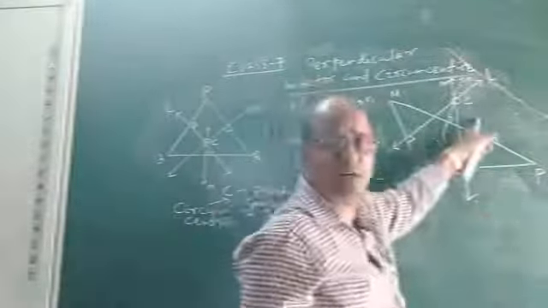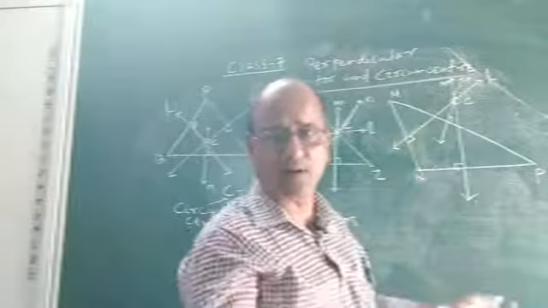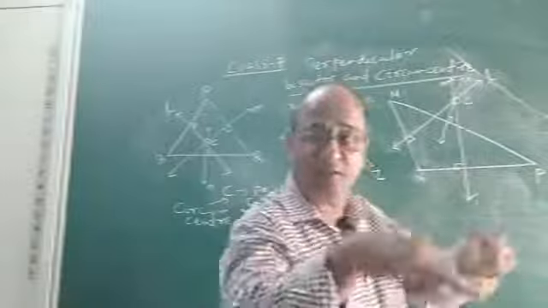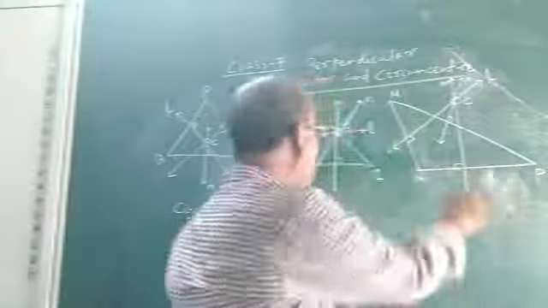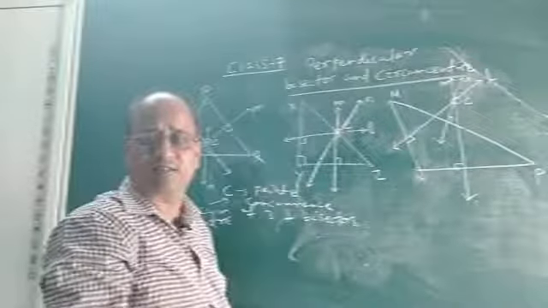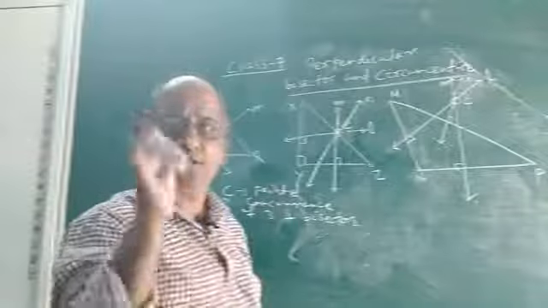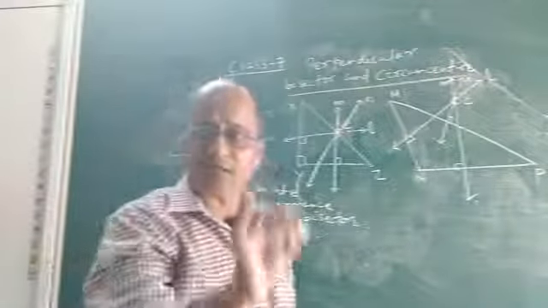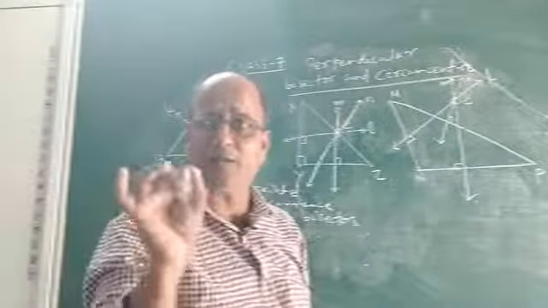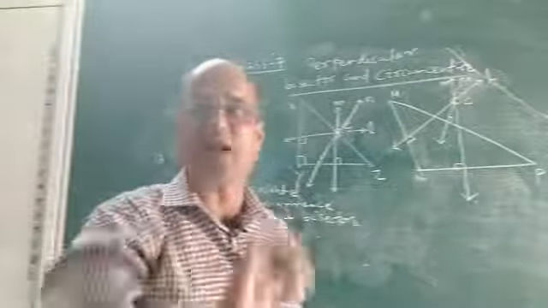So now if I ask you children, in an obtuse triangle, where is the position of the circumcenter? You can easily say, sir, it is outside the triangle, which means it is in the exterior of the triangle. So what is the difference? What difference do we find in these three triangles about the position of the circumcenter? Children, I hope you understood what the circumcenter is. The circumcenter is nothing but the point of concurrence of the three perpendicular bisectors of the three sides of a triangle.